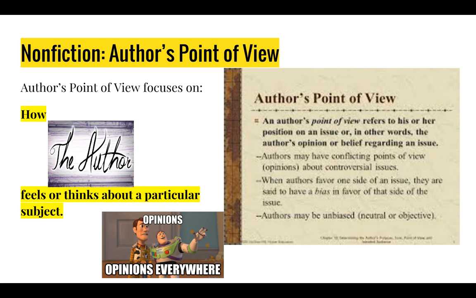And also, I want you to think about this too. Sometimes, especially in news stories, you're going to see how authors try to keep their own point of view out of the story. We call that an objective story. They're not putting their own opinions or beliefs in it. They're giving both sides of the story, and they ask the reader to come to their own conclusions about what's going on. So that's an option too. When your teacher asks you to find the author's point of view in an article, and you're like, hey, I don't really see it, maybe it's an objective point of view, and the author is trying to keep their own views out of it. So that's also an option.